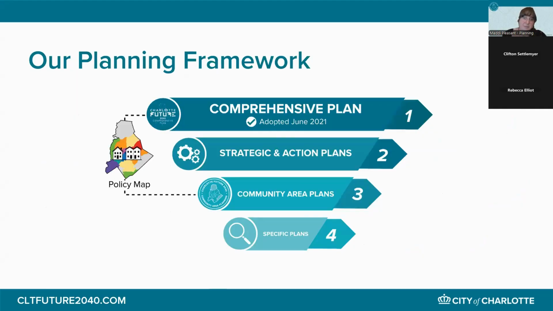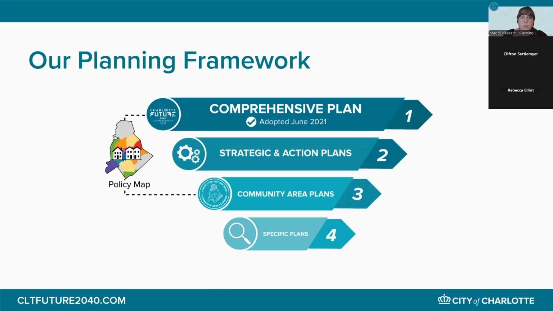While that comprehensive plan provides the broad vision for our community, there are other levels of guidance needed to make that vision come to life. This slide shows the planning framework adopted within the comprehensive plan, and it identifies the subsequent levels of guidance needed. Level two would be strategic plans. These are citywide documents that provide more details than a comprehensive plan on a particular topic. For example, the strategic mobility plan provides more guidance on how to realize goal five, which is creating safe and equitable mobility choices.